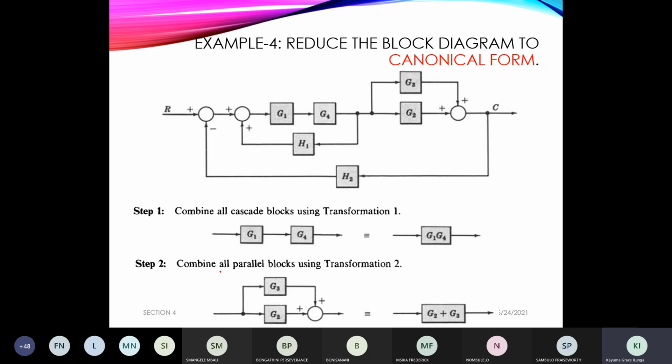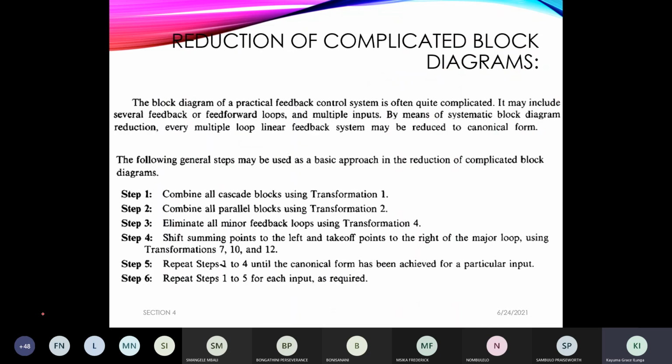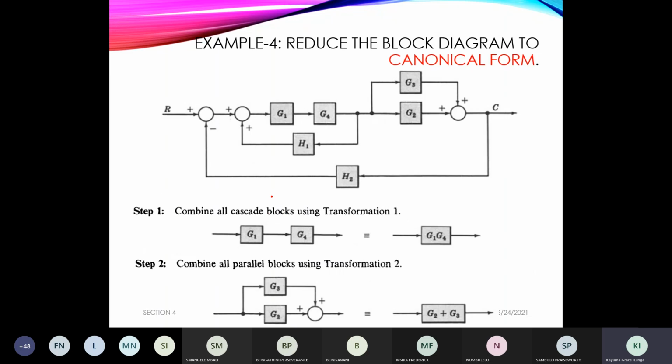Now, please guys, listen. This is very easy, and you can see that there's nothing really difficult for us to do here. They're asking us to reduce the block diagram to the canonical form. First, the first thing you need to do is to combine all the cascades. How many cascades do we have here? We only have G1 and G4, they are in series. So we can combine this G1 and